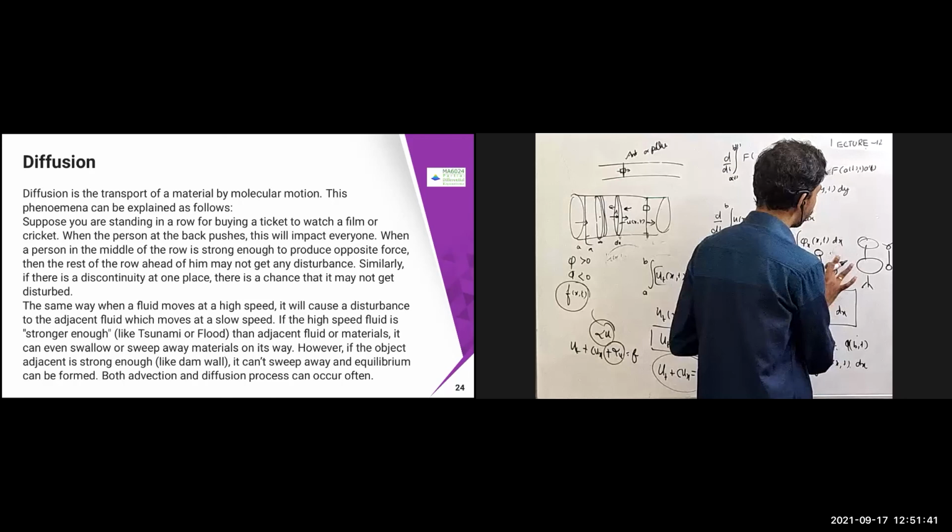Mathematically, the measure of the flow is proportional to the gradient of the concentration of the substance. Here u is the concentration of the substance. Therefore, you are going to get minus k u_x. Here k is the proportionality constant, or we call it the diffusion constant. There is another lecture I used to provide with some other description, where I used to mention why the minus sign of k is also important.